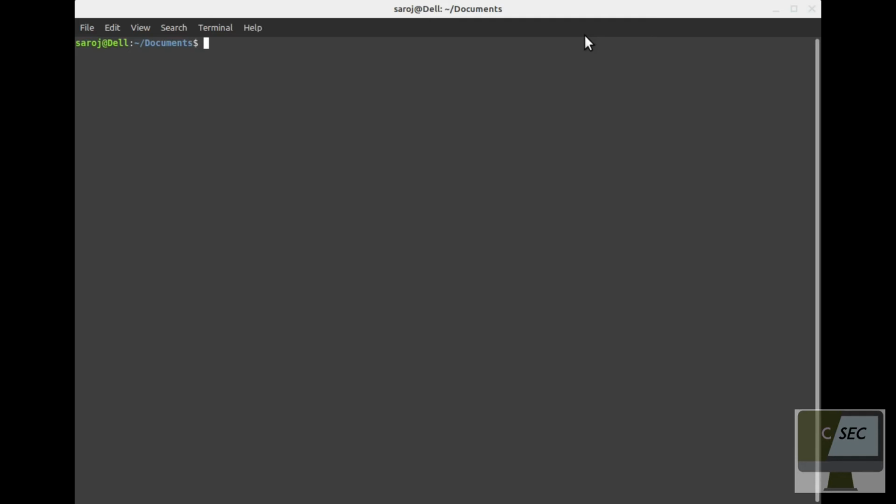Sort is a command line utility which is mainly used to sort the given strings or numbers. For this example I have created some rough text files. If I go to ls, you can see some of the given text files.